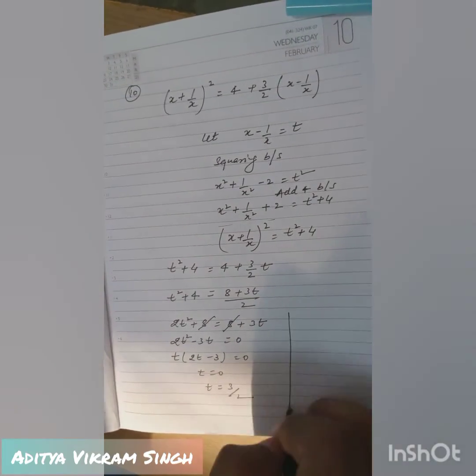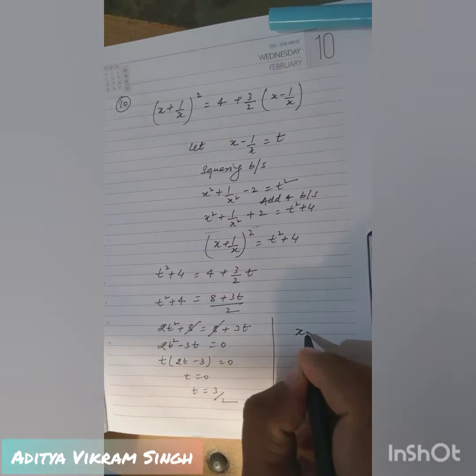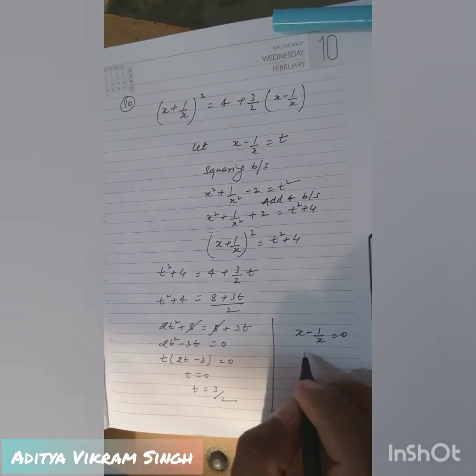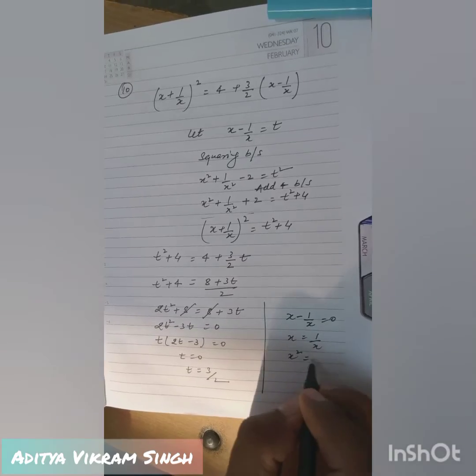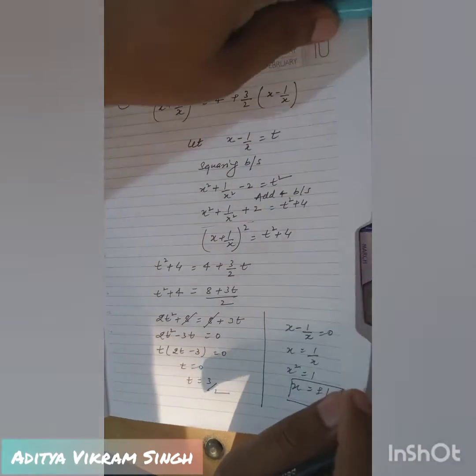Okay, so from here we know that we have supposed that x minus 1 by x is equal to 0. If this, then x is equal to 1 by x. If we just cross multiply, then x square is equal to 1. So x is equal to plus minus 1. This is one answer. And the second answer is, beta,